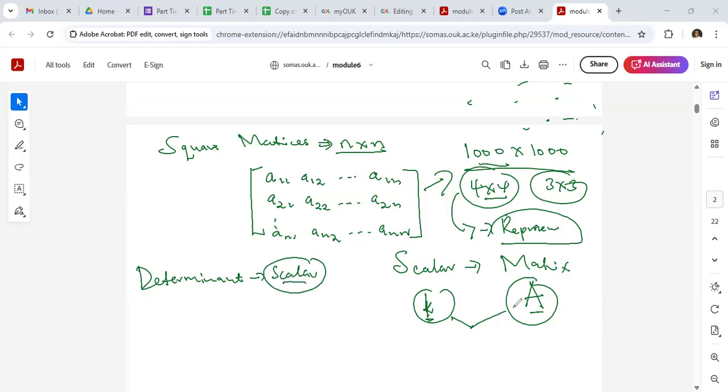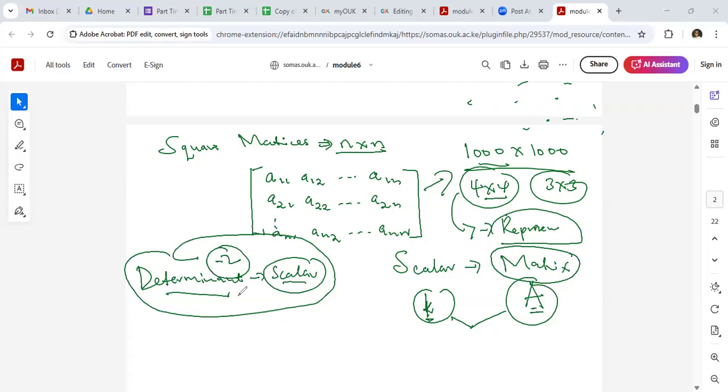And if I know the determinant of a matrix, there are so many things. The determinant tells me so much about a matrix. When the determinant is negative, when the determinant is 0, I'll know what that means. So there are a number of applications based on determinants of a matrix. So can I find a scalar to represent the matrix so that from the scalar, I can tell more about the matrix, or the scalar can make computations involving the matrix much easier. And this is where the determinant function